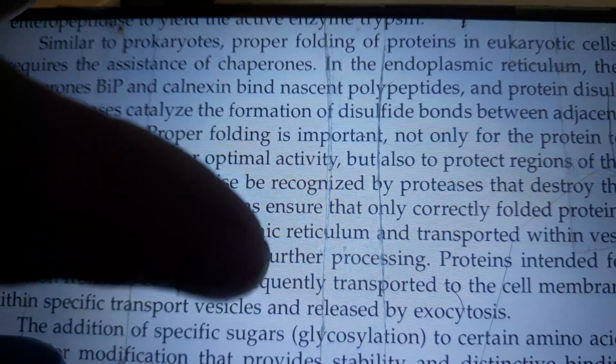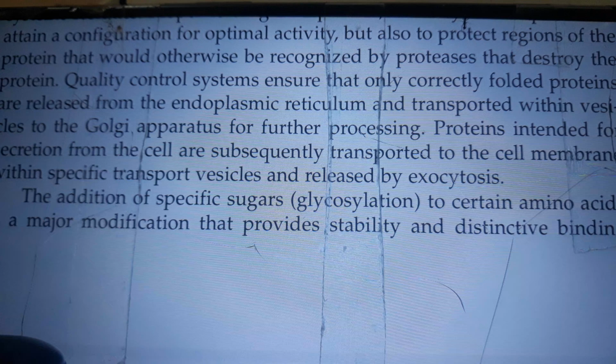Quality control systems ensure that only correctly folded proteins are released from the endoplasmic reticulum and transported within vesicles to the Golgi apparatus for further processing. Proteins intended for secretion from the cell are subsequently transported to the cell membrane within specific transport vesicles and released by exocytosis. The addition of specific sugars, glycosylation, to certain amino acids is a major modification that provides stability and distinctive binding